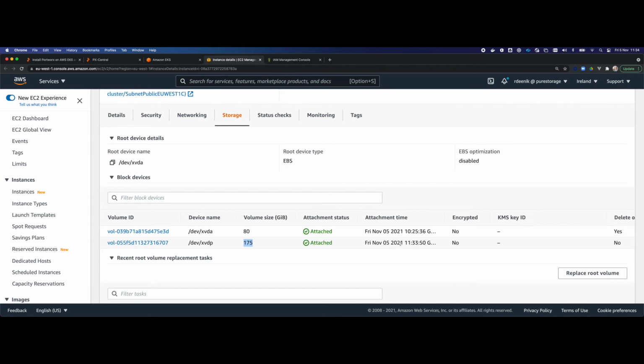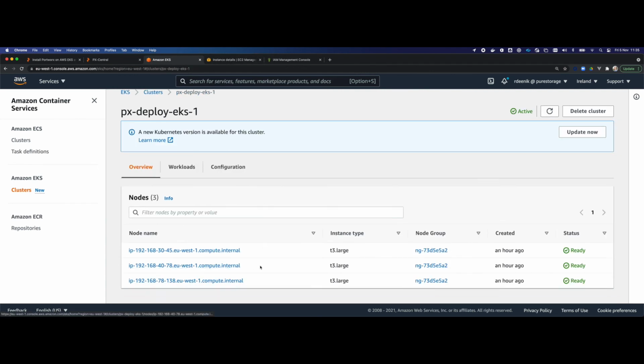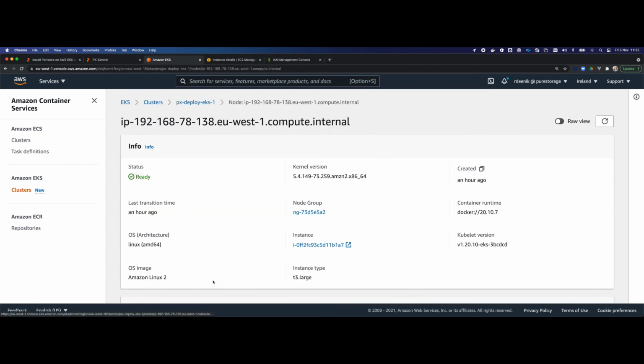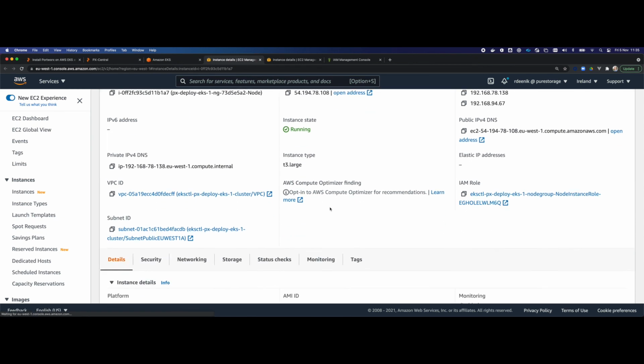It was just created a minute ago and attached to that worker node. Basically, that's what we'll see happen for all of these worker nodes: they will get those additional drives added to their storage